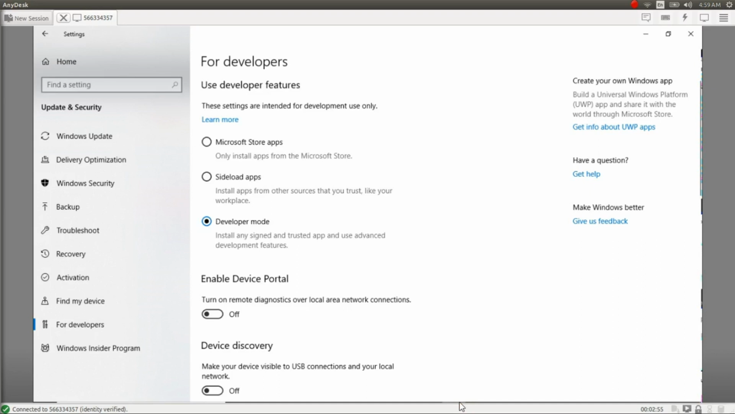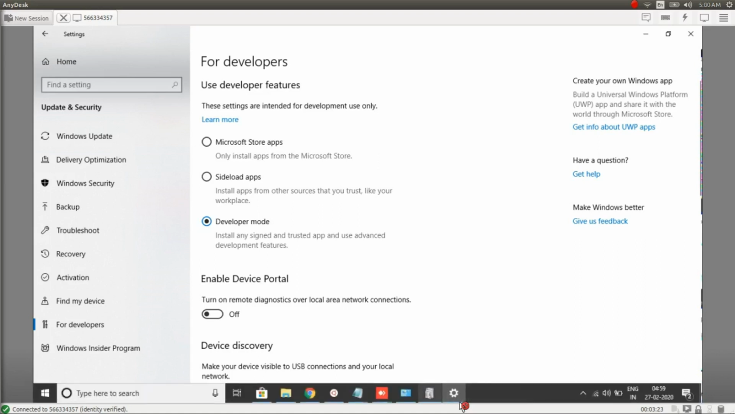We are enabling developer mode because we need that feature for the Windows Subsystem for Ubuntu. If that feature is not there, the problem will definitely be in developer mode. You need to enable developer mode, and then you can get that feature. I already enabled the feature. After you enable this feature, what we need to do next is go to